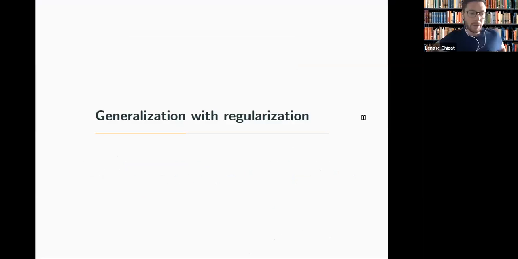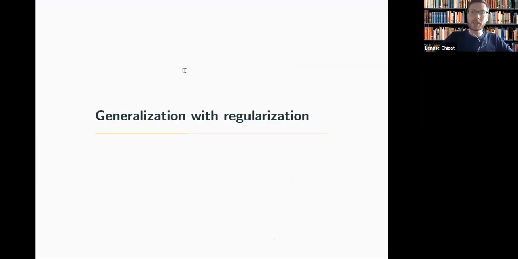And now, in the second part, I want to talk about the generalization properties that we have when we regularize our objective. This is not taken from my own work. It is older results, but I think it's important to understand the capabilities of neural networks. This will also be useful in the third part of the talk, because we will use the concept introduced here to describe the implicit bias of neural networks.